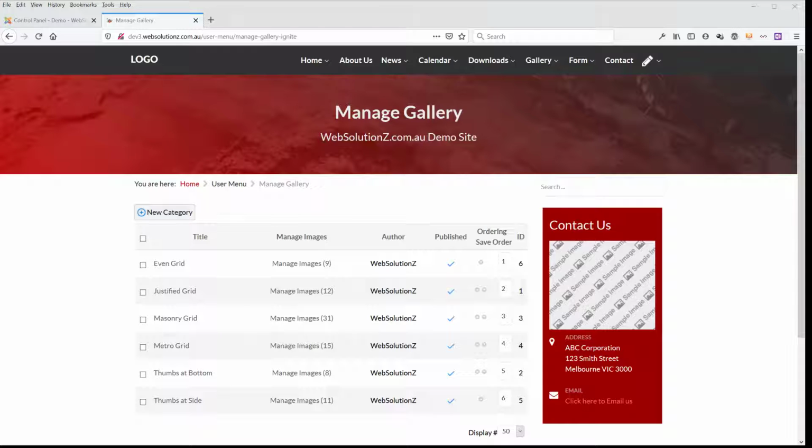So generally, if you're going to have multiple categories on your site, you wouldn't have multiple different layouts. You would choose a layout which makes your website look more professional. You would choose a default layout, and every new category would automatically have the same layout so that you'd have consistency across the site. So before finishing this, as normal, we are going to click on the logout button, and